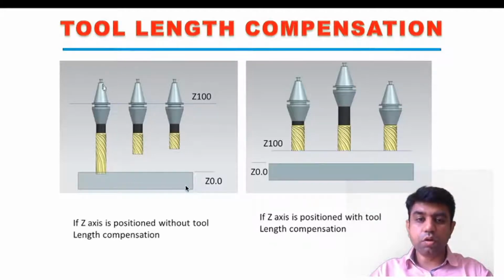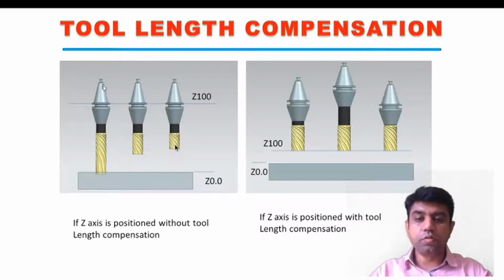Basically, if this is our object, then we physically touch the tool surface to the top surface of the workpiece, and we set that position as Z0 position. But what happens if we change the tool? Let's say the second tool came into operation, then obviously that tool will understand the 0 position as this surface only. Then if you give any input, the tool height is actually less as compared to tool number 1, so it will be traveling along the air path only. It will not even try to cut the object because of the height difference of the tool.